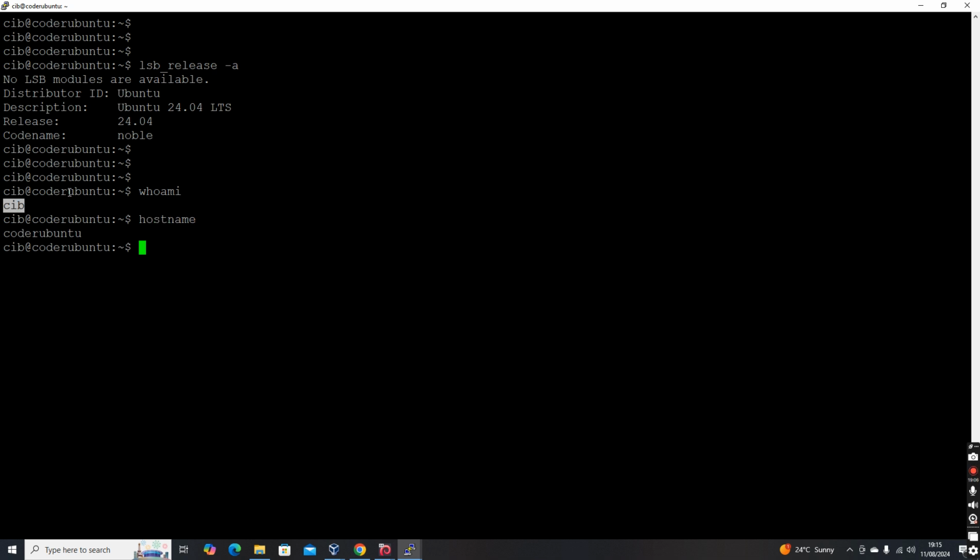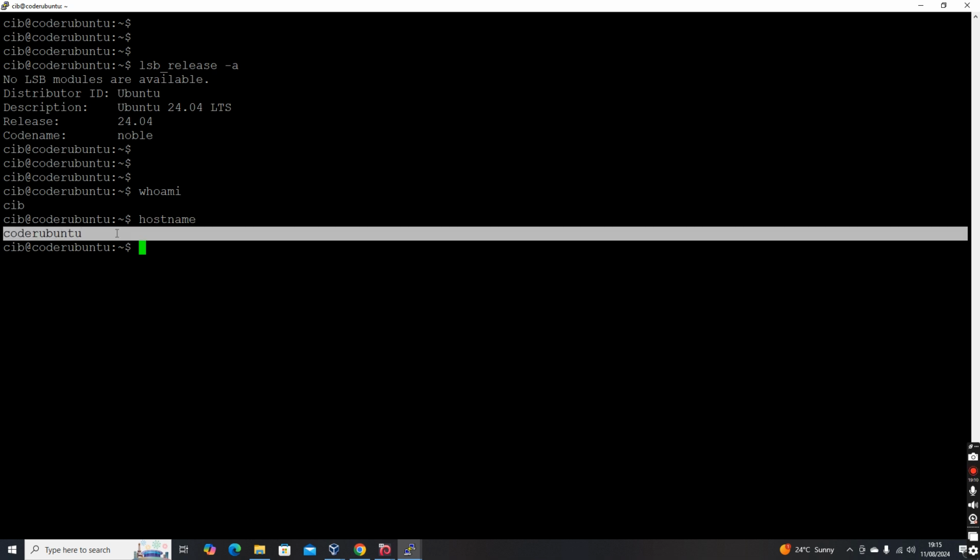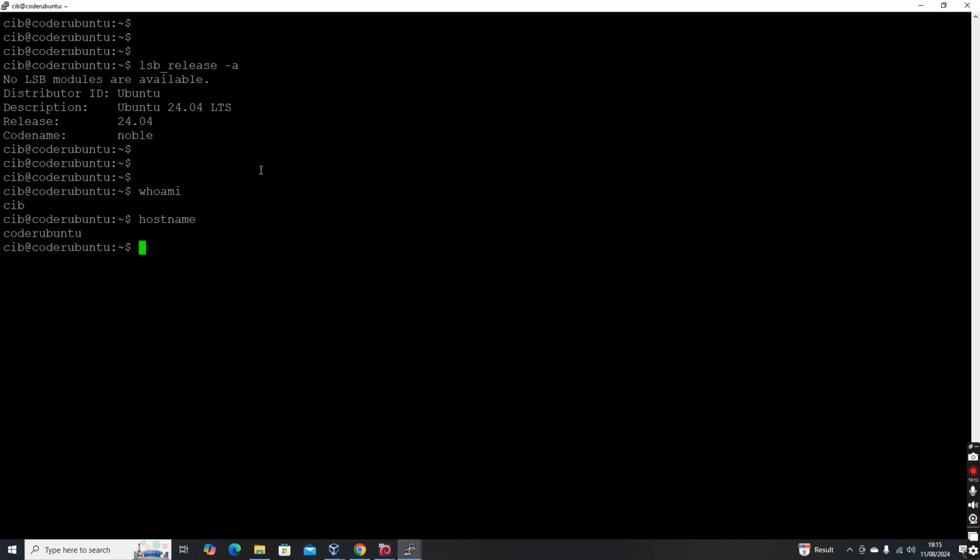And host name, you can get it by using the command hostname. This will give you the host name of the machine. And the shell that you have logged in, you can get it by doing echo $0. Okay, echo $0. This is giving bash.